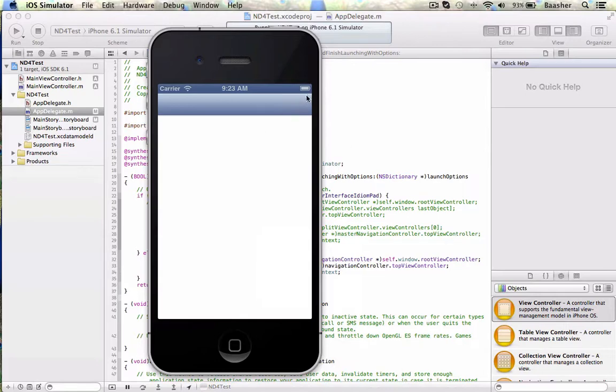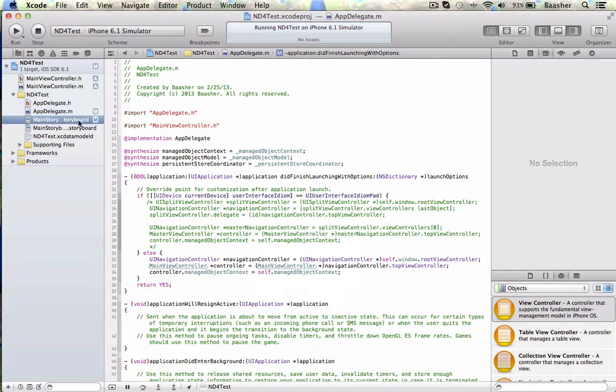Now I want a button here, a label there, a text box here, account number. So when I enter the account number and click on it, it transfers the information to a new view where it pulls up the detail and displays the balance. That's what I want to do next. So I'm going to go back to my storyboard